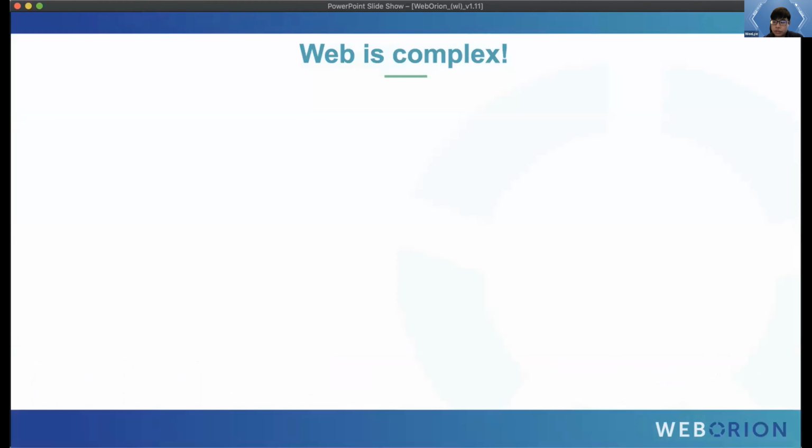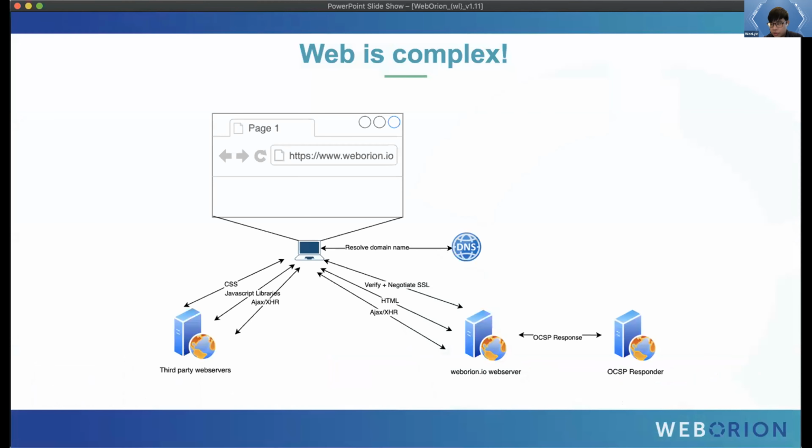So to kick off, I would like to show you this basic architecture diagram. You can see this diagram is actually very basic. What you can see here is a user trying to access a web page. But there are quite a lot of steps involved for just navigating to the website. First, you have to resolve the domain name with the DNS server to get the IP address